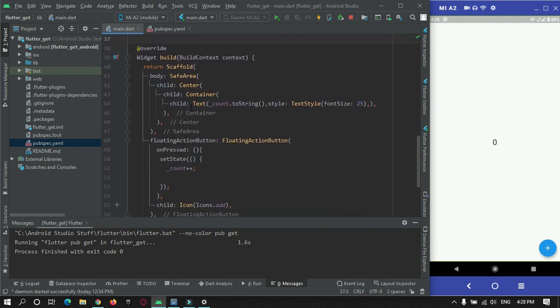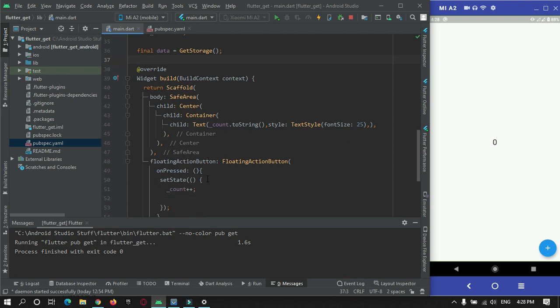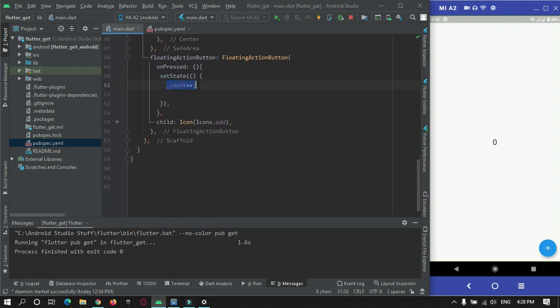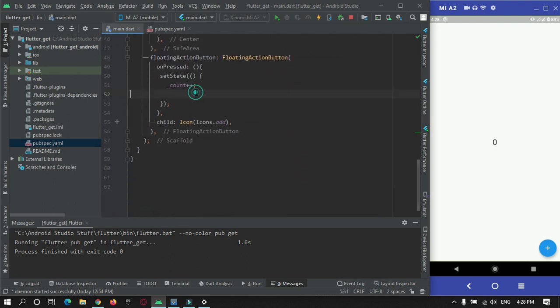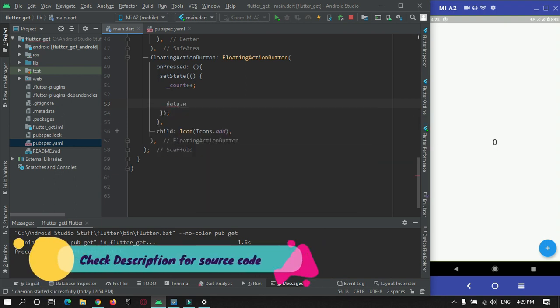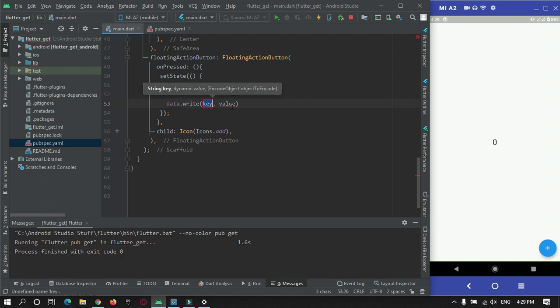Now what is happening over here is, the counter variable will get incremented by 1. So now we need to store this counter variable into this storage. To do that, we can make use of this instance dot write. Here we need to specify a key and the value.